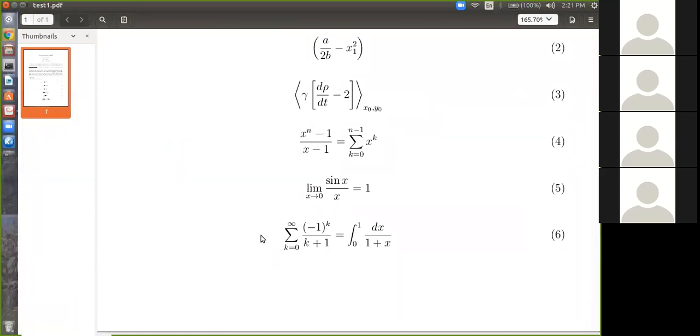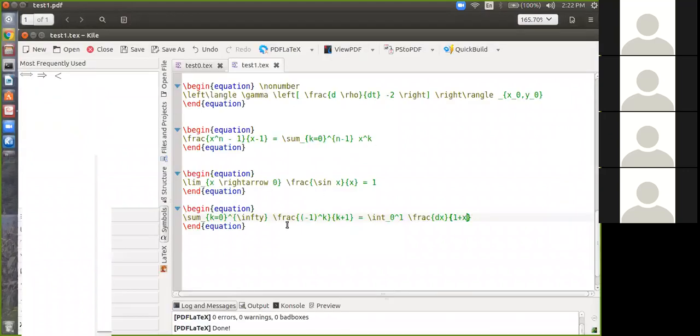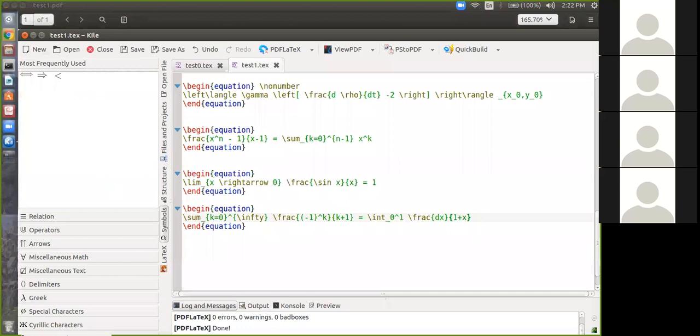So we are done. Right now we are writing a single equation. Now if we want to write more than one equation in a paragraph, it is called an equation array. What to do for that? To do that, first of all I will copy this thing.